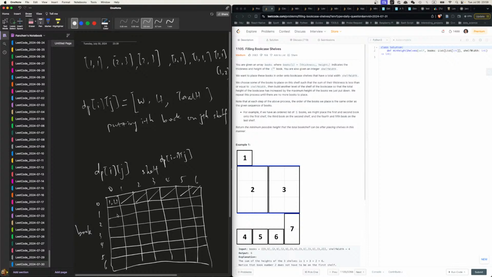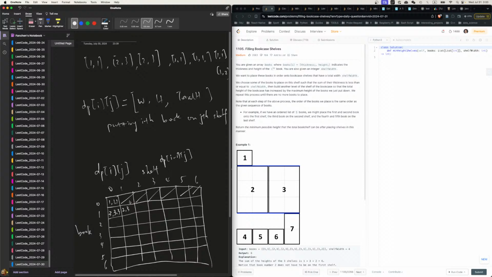The second one, if I put on the first, the width is going to be 3. Height is going to be 3. Okay, and total height, this is the first shelf, 0th shelf, right? If it's a 0th shelf, total height is going to be by itself, so it's going to be 3. And if we do on its own, down on this shelf, the width is going to be 2, height is going to be 3,